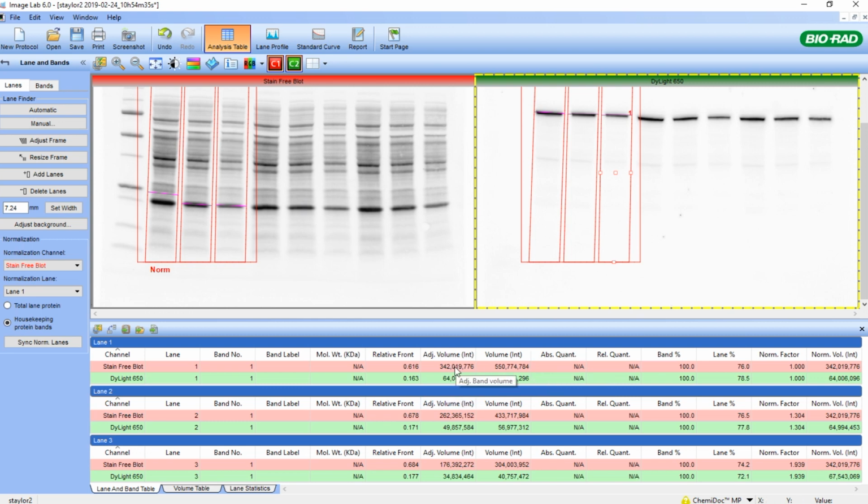And then it uses this as the normalized reference lane. So we're dividing the rest of the lanes that I chose for normalization by this lane to create a normalization factor. So of course it's 1 in this lane because we're dividing this value by itself, the adjusted volume. But in lane 2, the normalization factor is 1.3 because we're dividing 262, which is the density, the adjusted volume